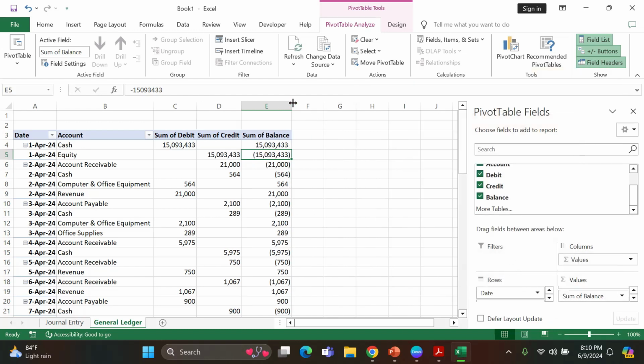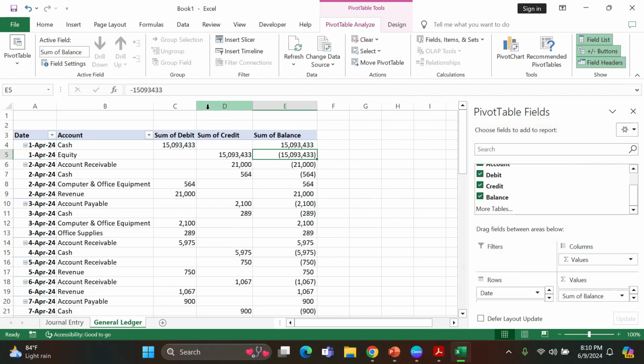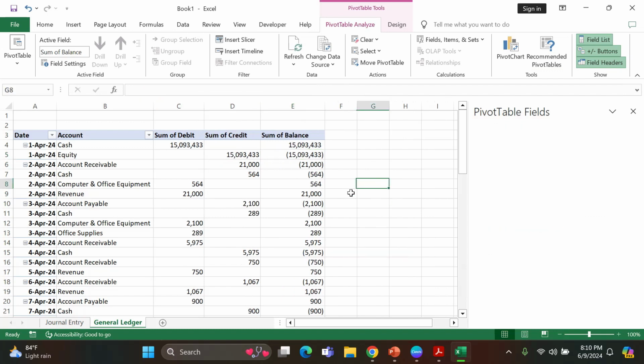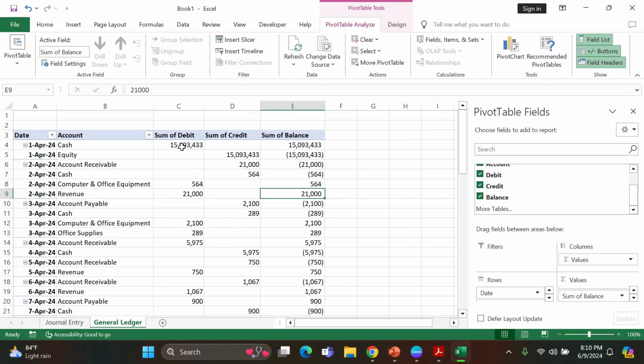Okay. So this is the very good picture of the general ledger that we are looking for. If you can see, we have cash here of 15 million something. Then our equity was deducted 15 million also. So the total equity, the owner's equity, has already been deducted 15 million also. All right. I mean, sorry. Yeah. Then